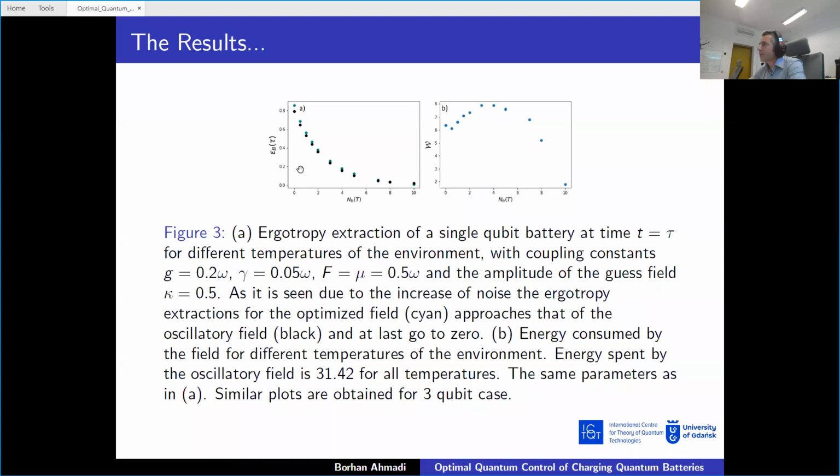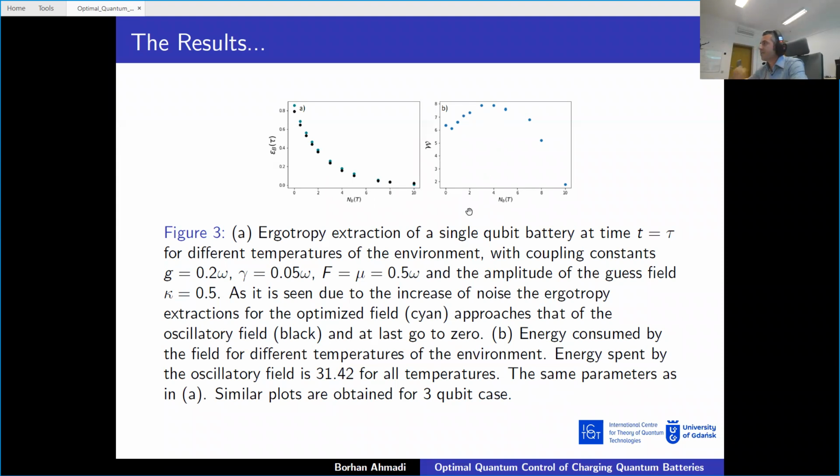Here we increase the number of photons in the environment, and this is the ergotropy versus number of photons in the environment. As you see, ergotropy in the optimized case is always higher, but as we increase n, they both go to 0. And the energy cost by the field first decreases, because increasing the number of photons in the environment helps a bit,